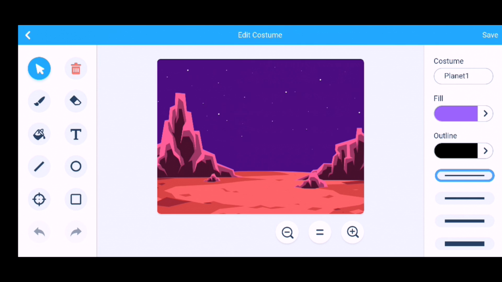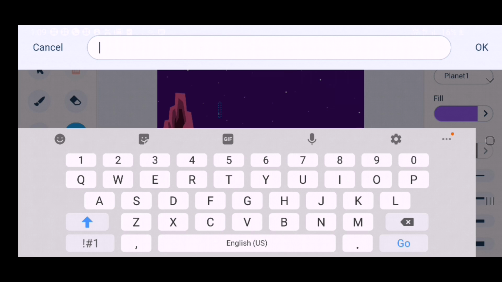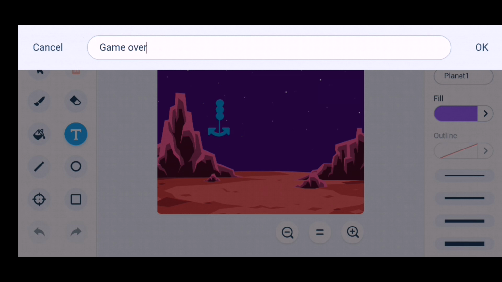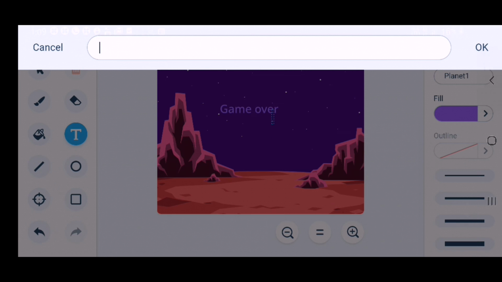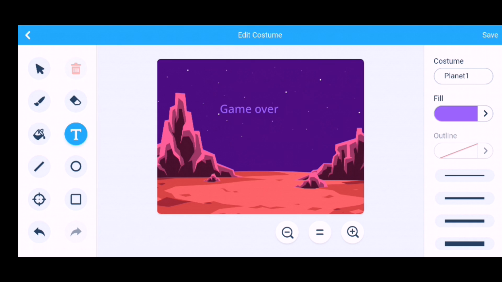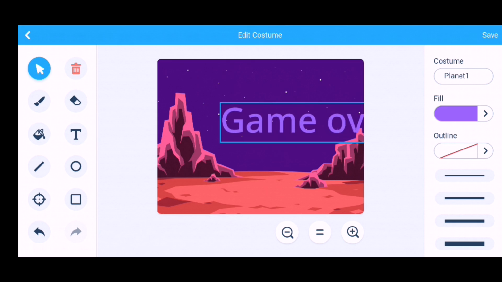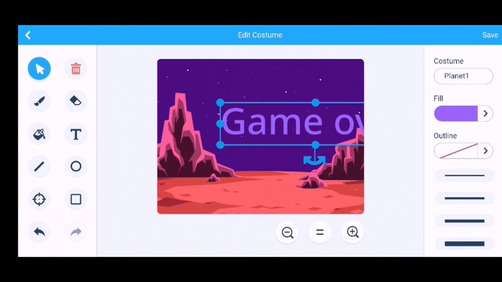For this, go to text, put here game over. Increase the game size.